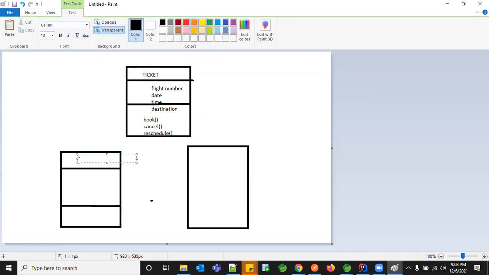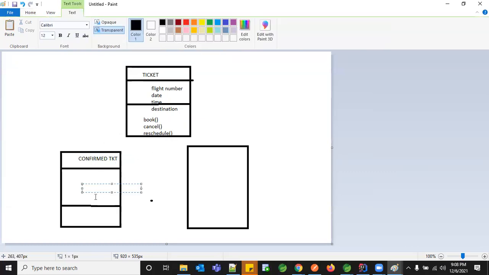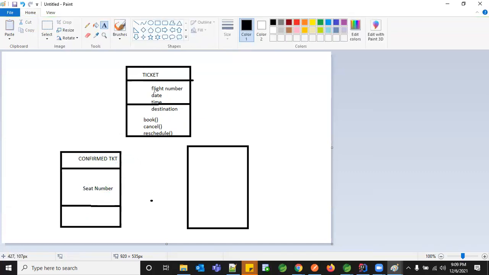And this class is confirmed ticket. And this confirmed ticket also has the same attributes like your flight number, date, time, destination. But apart from that, if your ticket is confirmed, you will get one more attribute called seat number. Right? If your ticket is confirmed, you would have got your seat number, but still you have these properties as a part of your confirm ticket,